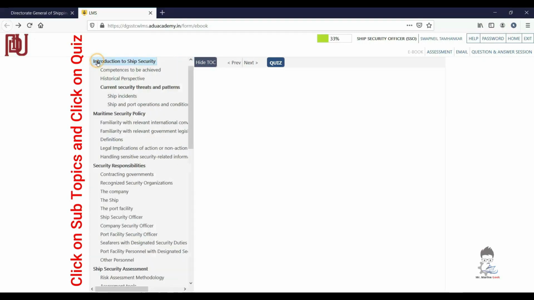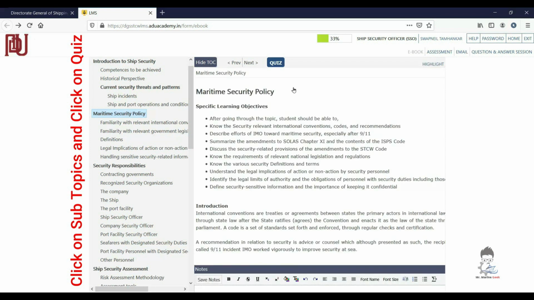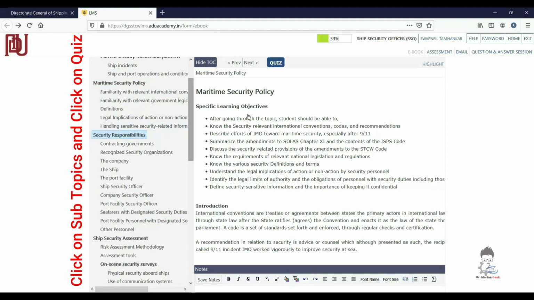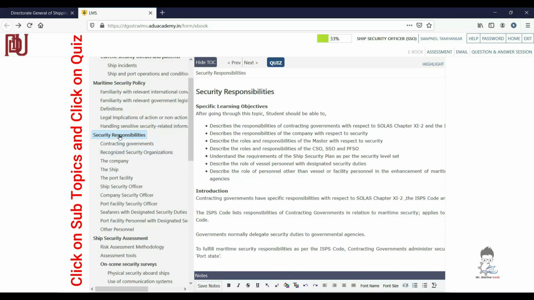So you can scroll down and see that the next topic also will have a different quiz button, and then you can scroll down a bit and see that different subtopics have these quiz buttons. And I would suggest you to do these quizzes.